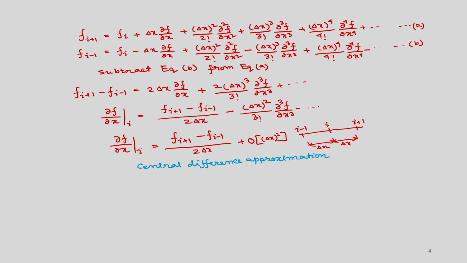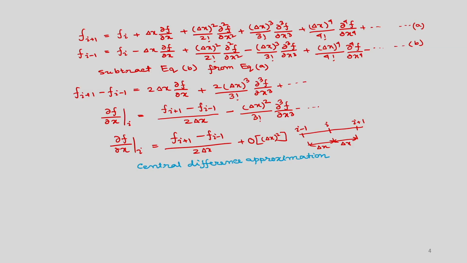Okay. So, now if you want to find the second derivative approximation, del 2 f by delta x square, you can see from these two equations. So, if you add this equation A and B, then what you will get? Adding equation A and equation B, it will be f I plus 1 plus f I minus 1 on the left hand side, and on the right hand side, first term 2 f I, the second terms will get cancelled,